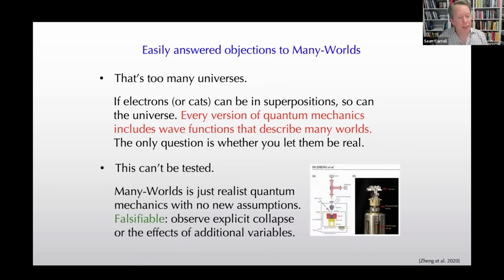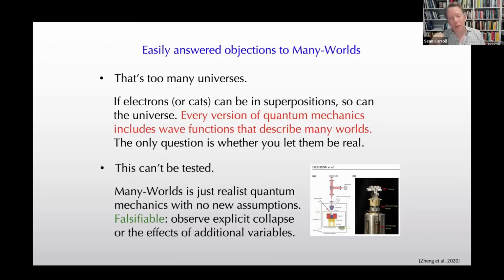The second argument is that this can't be tested, right? Because you can't see the other worlds. This is a classic philosophy of science mistake. The idea of what makes a respectable scientific theory should never be that your theory makes predictions that can't be tested. The idea should be, does it make any predictions that can be tested? And indeed, are there predictions which, if I observe them one way rather than the other way, would falsify my